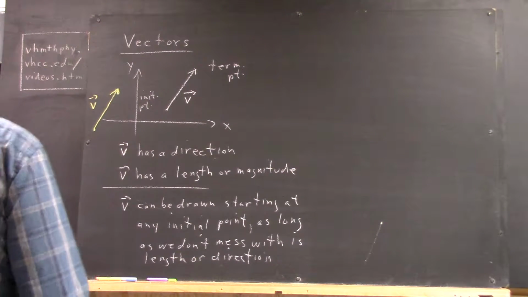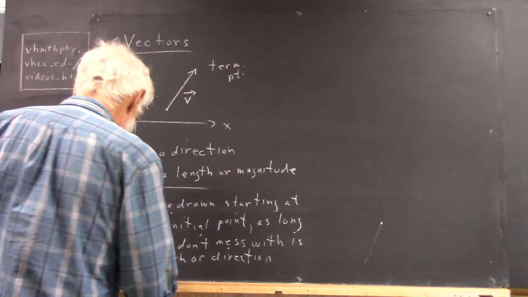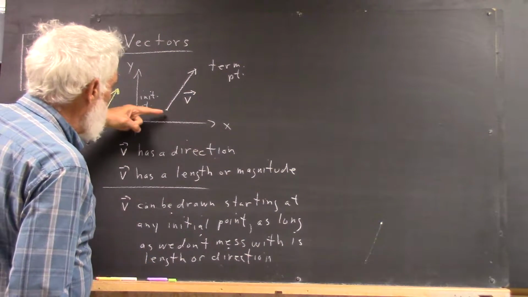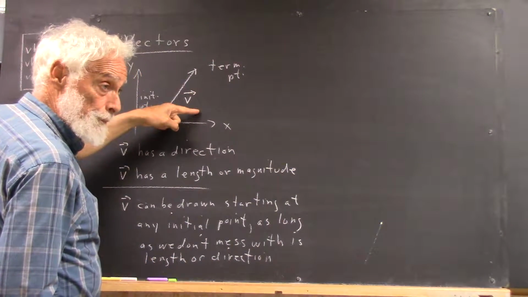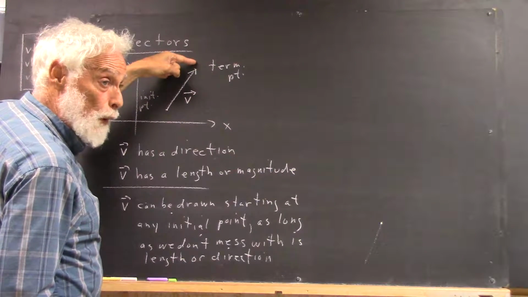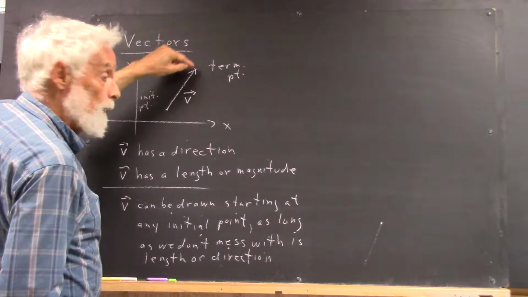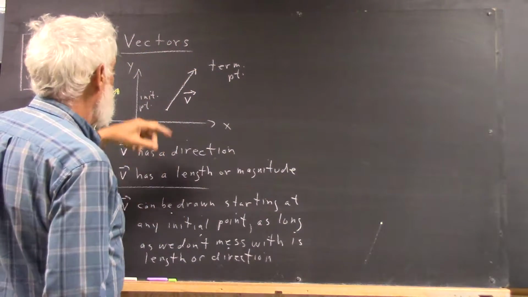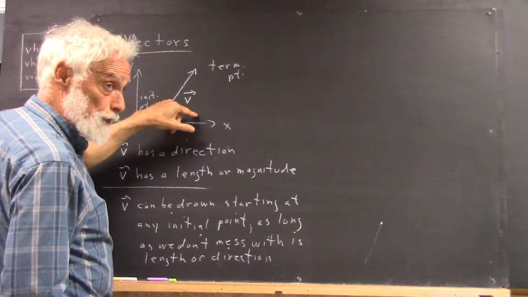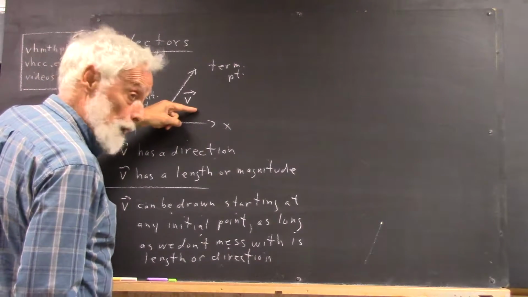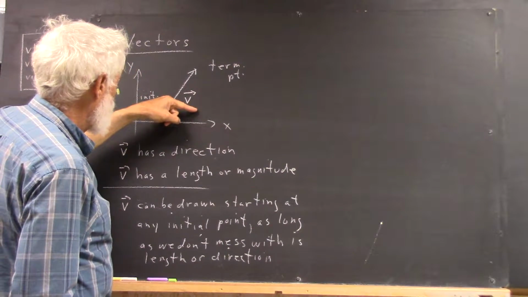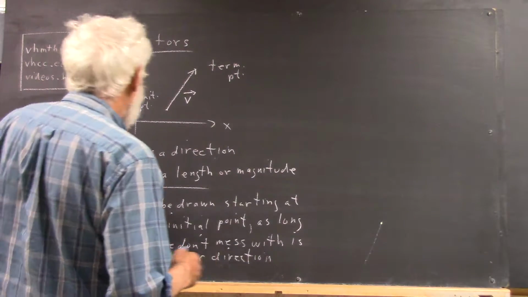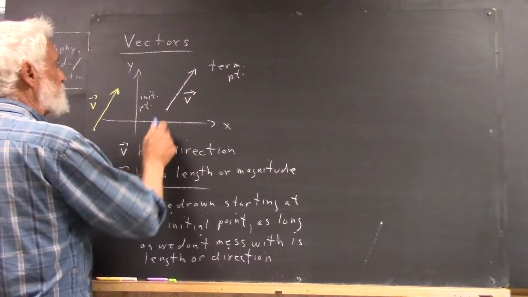Okay, this vector v can be specified by simply how far do we have to go in the x direction and how far do we have to go in the y direction to get from the initial to the terminal point. Now what I said isn't quite exactly right. It's not only how far we've got to go in the x direction, but how far and in what direction we got to go. And how far and in what direction do we have to go in the y direction. Which means that